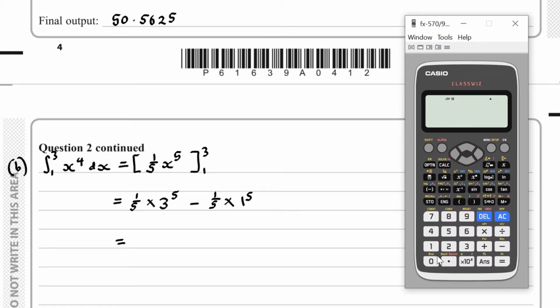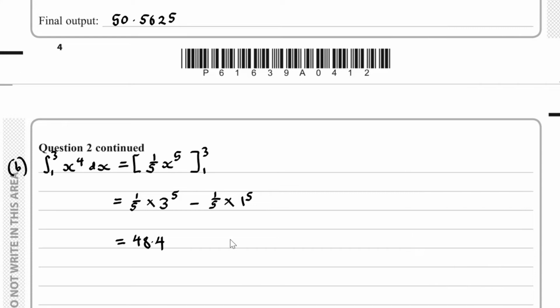So we have 3 to the 5 minus 1 to the 5, and then we divide this result by 5. We end up with 48.4. Okay, so when we talk about the percentage error, that's equal to this 50.5625 minus 48.4,